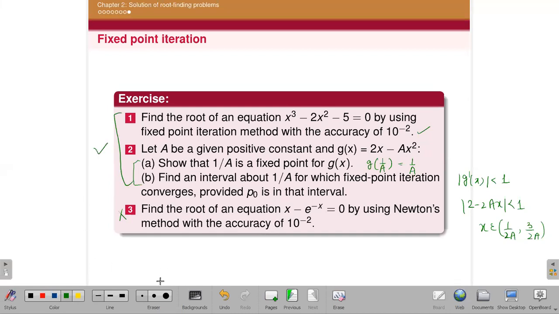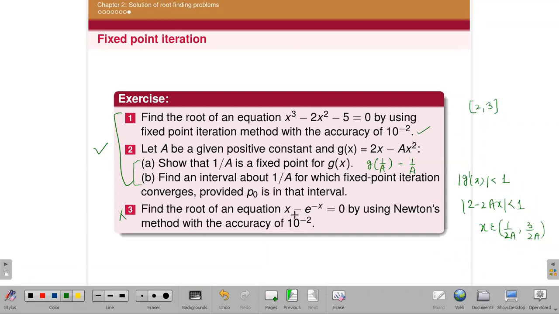Ma'am, there was a doubt regarding the first question. One of its roots was lying between 2 and 3, we can prove. And in many of the g of x, x minus 2 was coming in the denominator. Then you cannot take x minus 2 in the denominator, that is not allowed. Okay, ma'am. So you have to find another g of x.